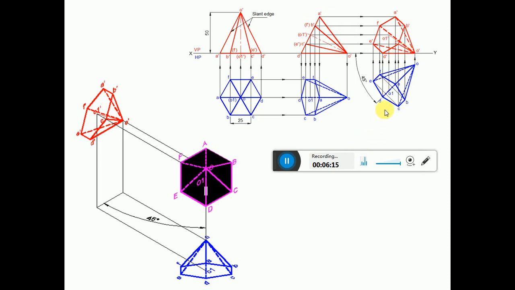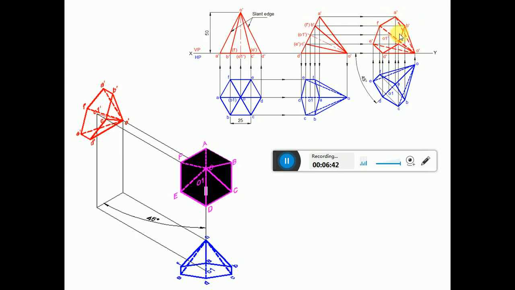Now when you look from the front view, A, B, C, D, E, F is near to the observer, so it is also obvious from this three-dimensional sketch. O is behind, O1 is on this side. Since it is at 45 degrees, we will not be able to have the clarity that they can be seen here. A, B, C, D, E, F is the surface which is near to the observer, so it becomes visible. So you dark between B dash to C dash and C dash to D dash. All are visible here. So the entire surface.